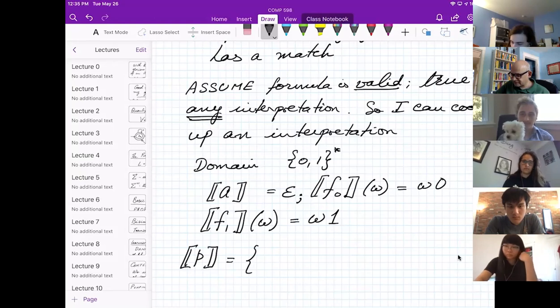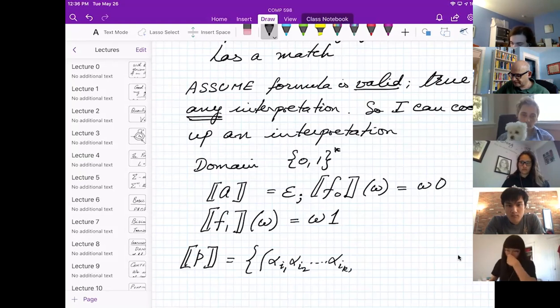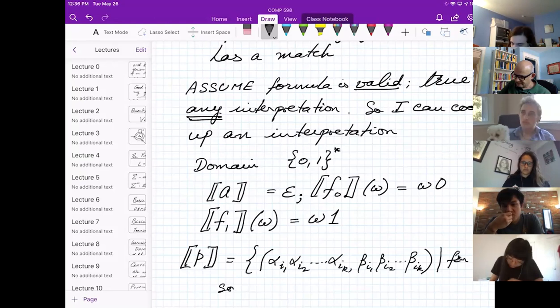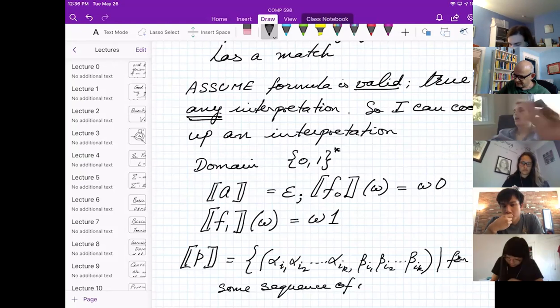So it's the set of all pairs of strings, alpha I1, alpha I2, through alpha IK, and beta I1, beta I2, through beta IK, such that for some sequence of integers I1 through IK.